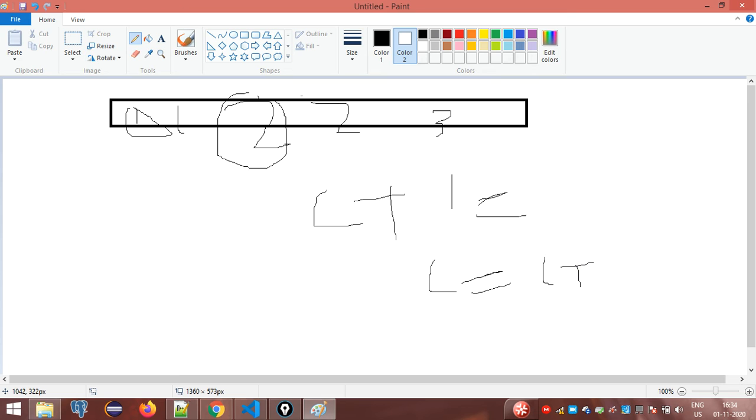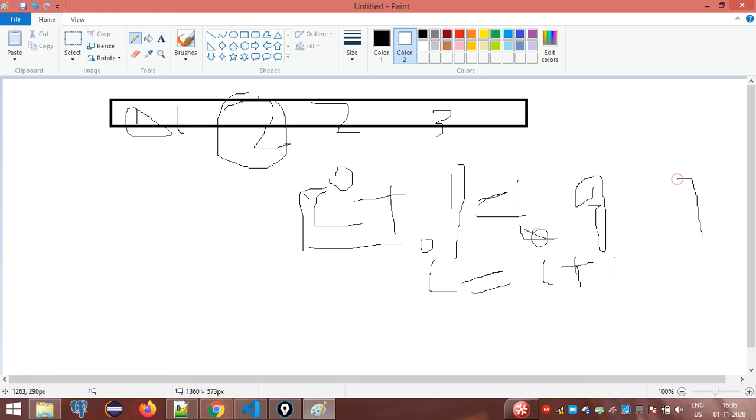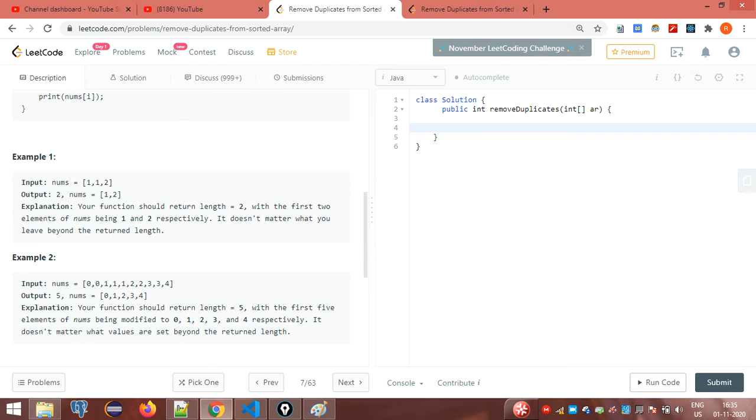If it is this, these two steps you will execute when the next element is not equal to the previous element. We will assign the jth value to the I plus 1 index, and j we will be incrementing every time, j plus 1. This is the step that we will be executing every time, and it will go up to the length of the array. So now let's start.